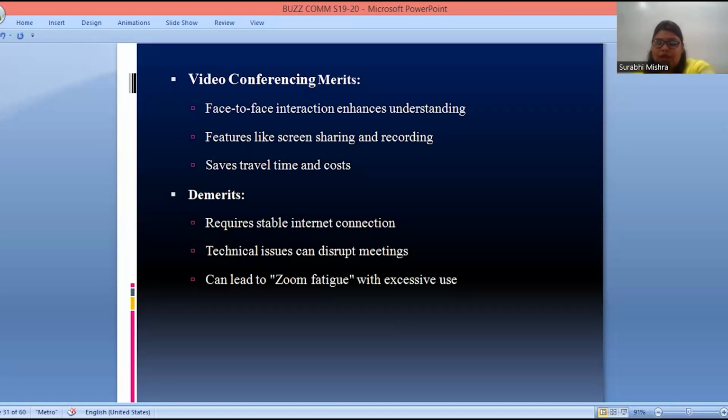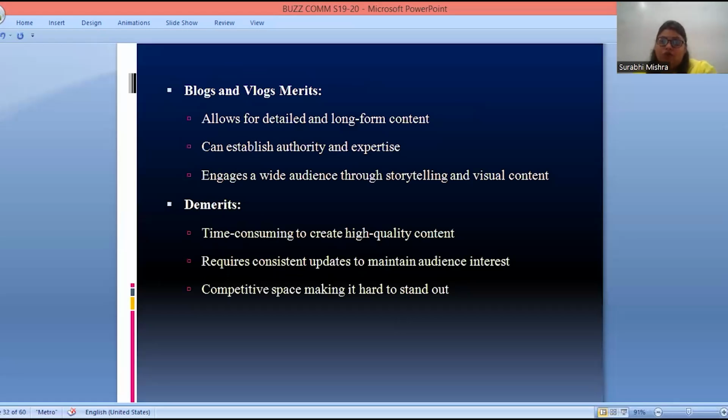Moving towards the next category, blogs, and blog merits. The merits here are that it allows for detailed and long form content, and can establish authority and expertise. It engages a wide audience through storytelling and visual content, right?